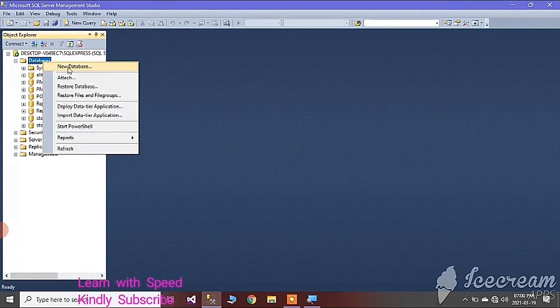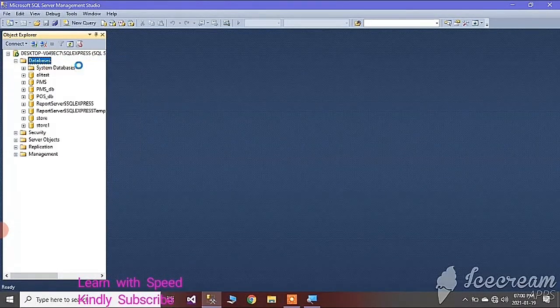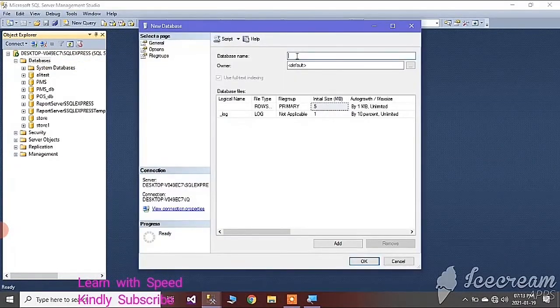After clicking on new database, give the name of your database according to your choice. As I said, I am going to create the database with the name first.